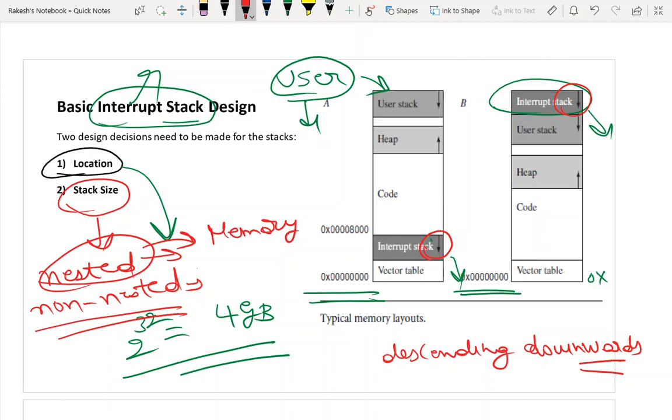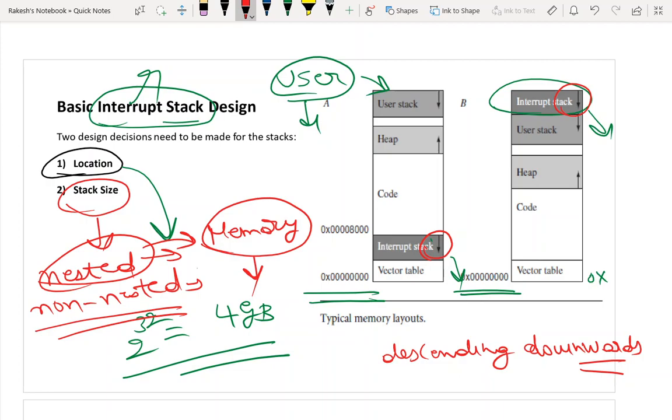Why does it require more memory space? Because we know that in a nested interrupt handler there are continuous interrupts you are going to service. So all those interrupts you have to put inside the stack, because in nested if statements, it is not like only one if statement that you have. You have many if statements within the one if statement. So all those statements have to be completed. So that is why in the nested interrupt handler, you need to have more memory space.